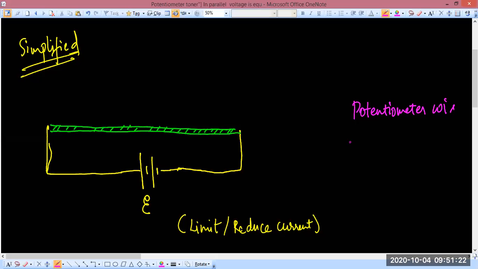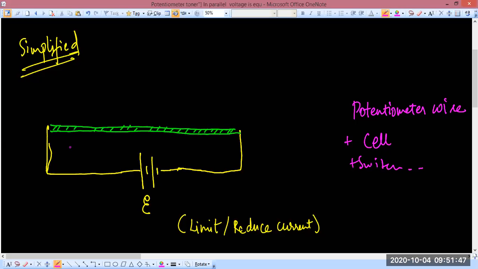Now this part, this rectangle that we drew, that is the potentiometer wire, right? And this cell that we have drawn, along with the switch and so on in this part,